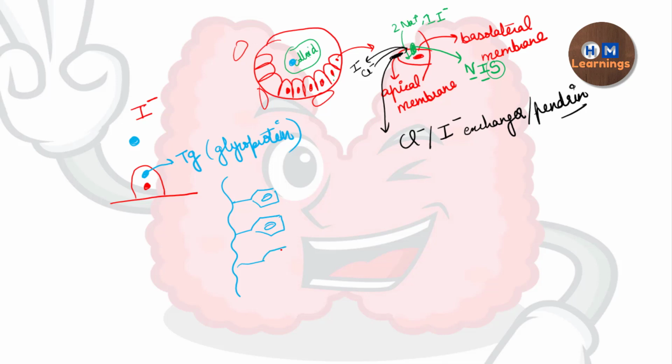Okay, so in order to make the thyroid hormone, we need to have tyrosine, and tyrosine is present in the thyroglobulin, and thyroglobulin has entered from the thyrocyte into the colloid. So definitely the iodide has to enter the follicle, inside the colloid, to reach the tyrosine. Okay, so now we have understood why the iodide has to reach the colloid, because the thyroglobulin is also there in the colloid.